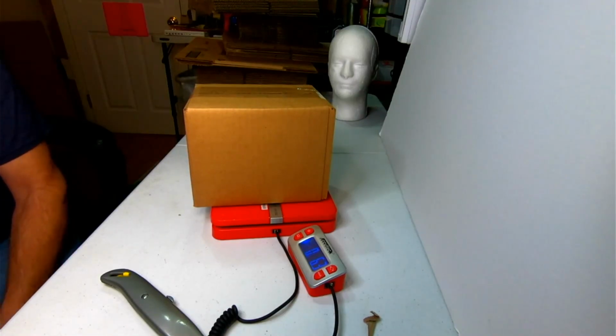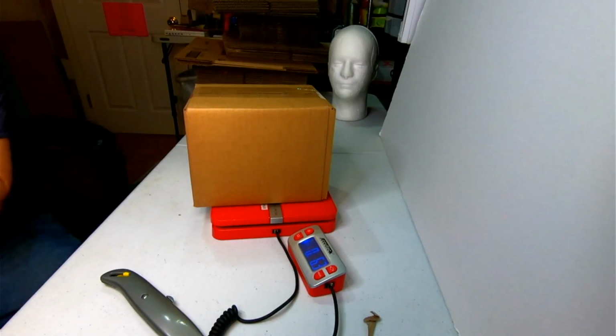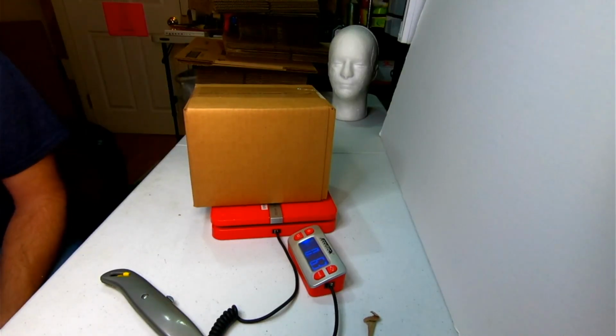You can add insurance to first class packages. In this case, it would cost $1.70, so I'm going to do that. And it will be ShipCover insurance. I've never had to use ShipCover insurance, so if I ever need to, I'll figure it out, and then maybe I'll do a video on how to use it. So we got 7 ounces,